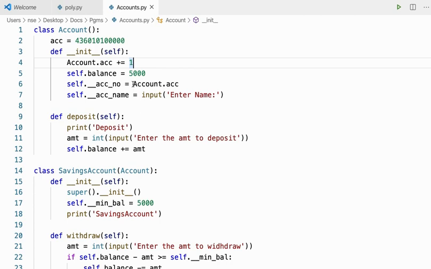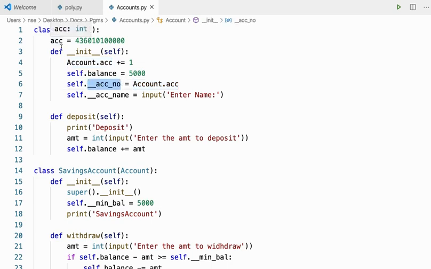Now how I'm generating this account number automatically, that is what I'm going to explain to you, right? I have a class attribute called ACC which I've initialized to a starting number of a bank, right? Every bank will be given some basic number, so this is the starting number of that particular bank, and then from there it's going to get generated automatically whenever a person is creating an account. So inside the init method, I'm incrementing it every time an object is created. Once an object is created, I'm incrementing the class attribute ACC, and then I'm storing the incremented value into my account number, right?